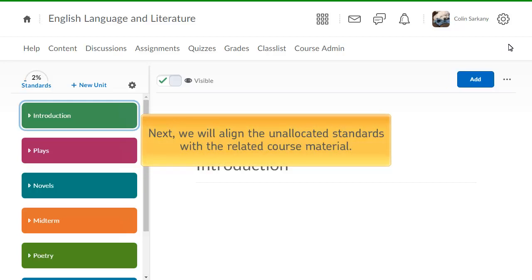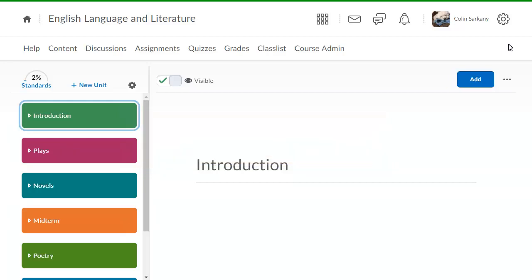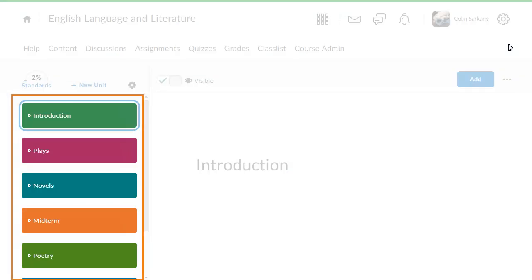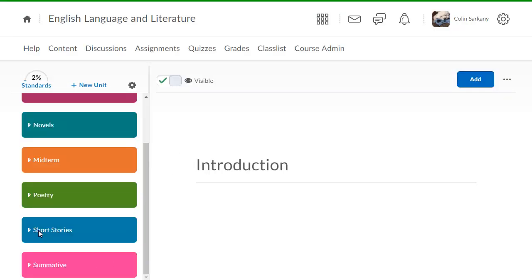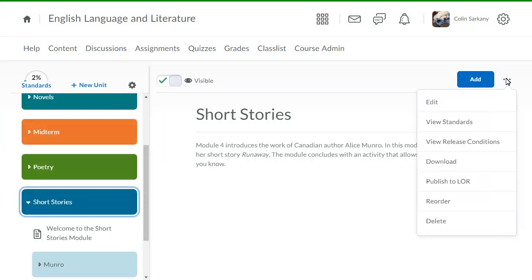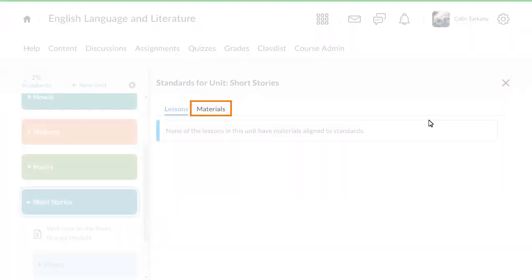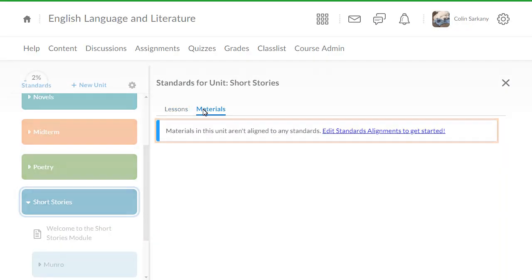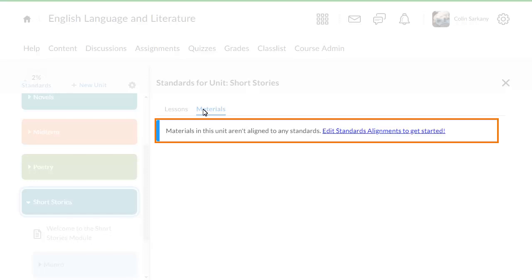Next, we will align the unallocated standards with the related course material. Navigate to a unit from the table of contents. Click Options, and select View Standards. Click the Materials tab, then click Edit Standards Alignment to get started,